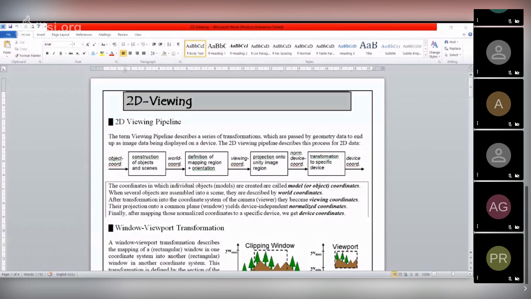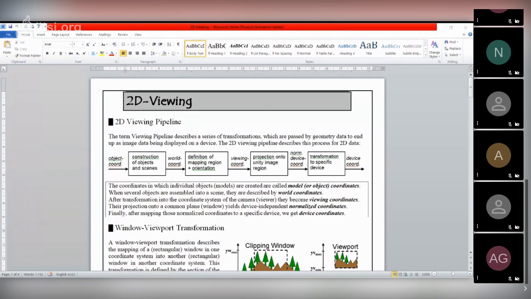Then the device coordinate. Finally, after mapping those normalized coordinates to the specific device, we get the device coordinate. That means we are mapping from the real scene to our device coordinate. So this transformation is done by the 2D viewing.